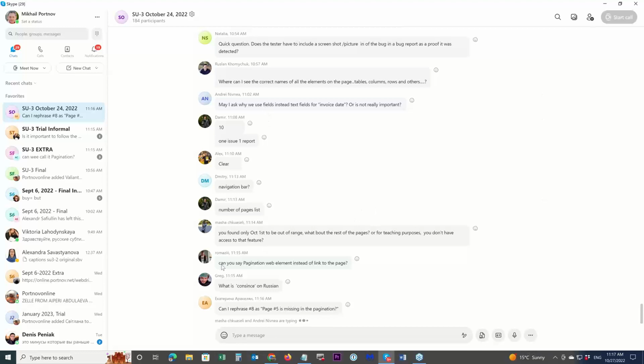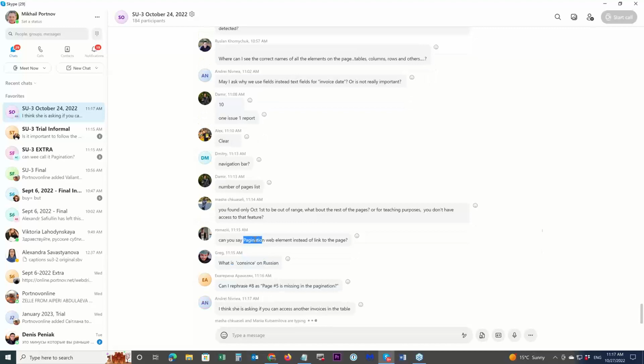Okay. Can you say pagination? Yeah, pagination web element instead of link. Pagination. I don't know, guys, honestly. I don't know what would be the technically correct one.